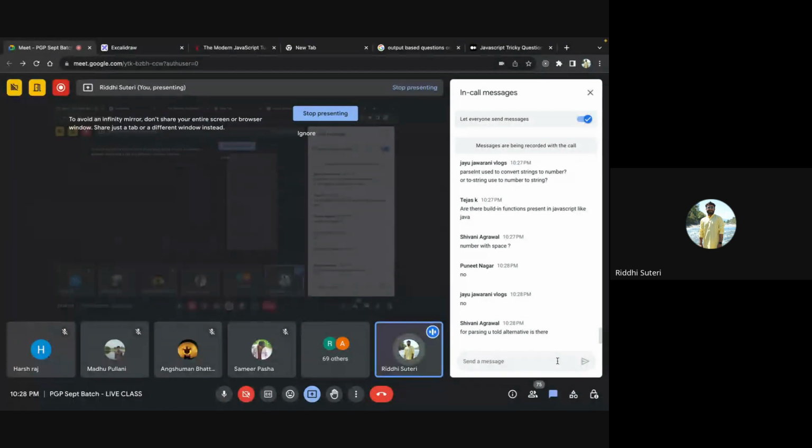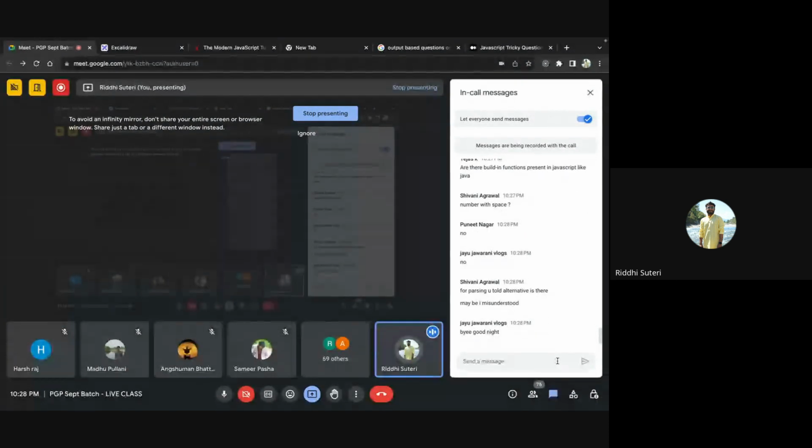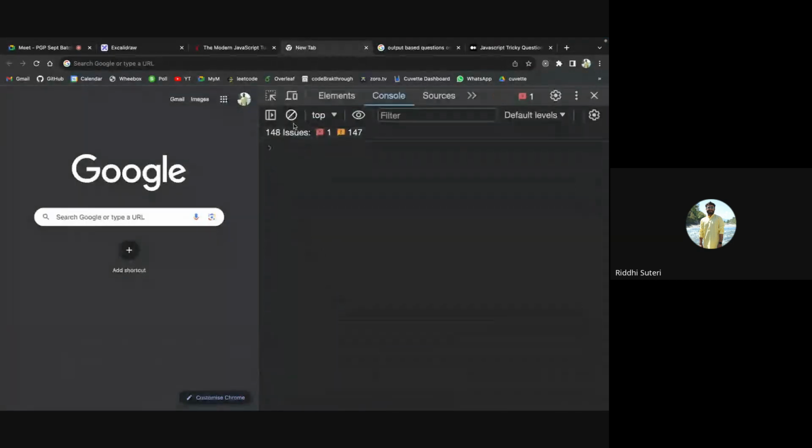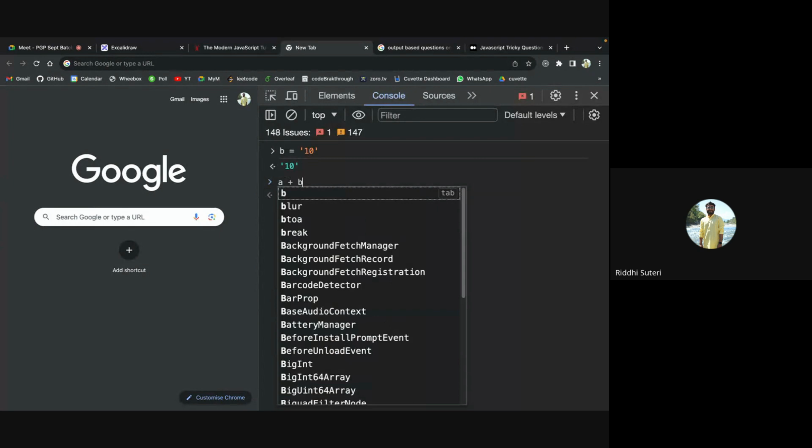Oh no, for parsing, no. So I was saying that, look, you had a equals a basic number, and b was equal to this. So let's say b is again this. You were doing a plus b, and you were getting 1010.